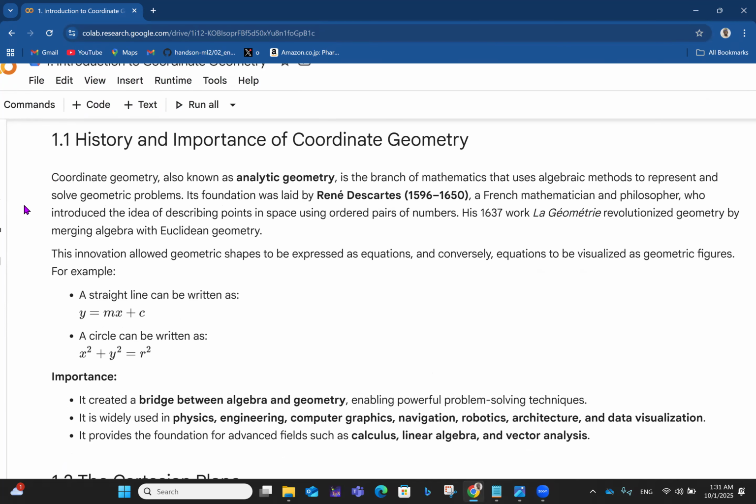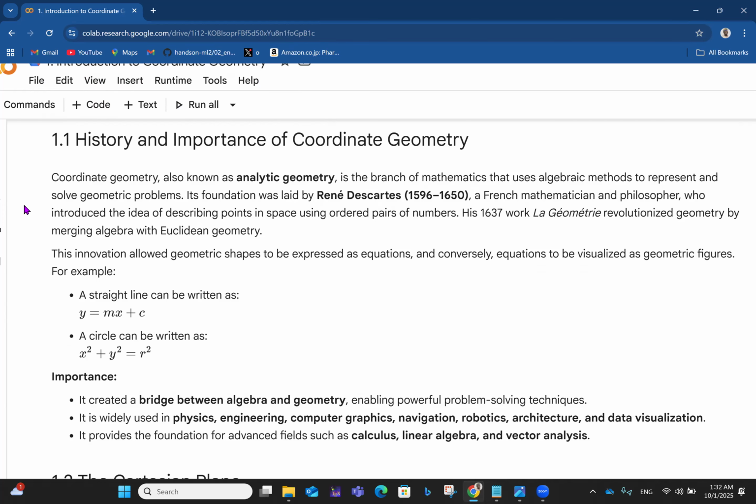So, coordinate geometry, of course, also known as analytic geometry, is a branch of mathematics that uses algebraic methods to represent and solve geometric problems. Its foundation was laid by René Descartes, 1596 to 1650, a French mathematician and philosopher who introduced the idea of describing points in space using ordered pairs of numbers. So, when you talk about the x and y coordinates, his 1637 work,